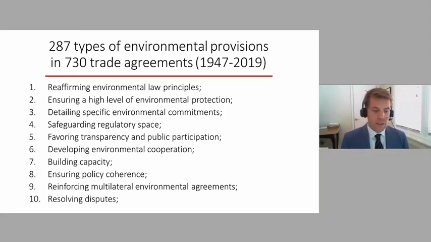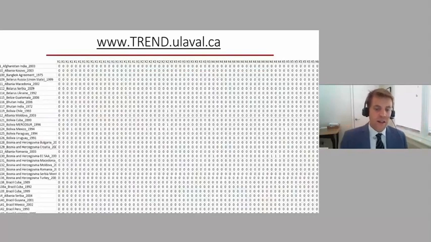So on this slide, you're not supposed to read anything, actually. It's just to give you a feeling of what the data set looked like. So basically you have on the rows the 730 different trade agreements, and then on the columns, you have all the 280 different environmental provision. So this is the data set that I use for my research, but I understand very well that an Excel spreadsheet like that, which people can freely download, is publicly available, but it's not super user-friendly for a lot of stakeholders.